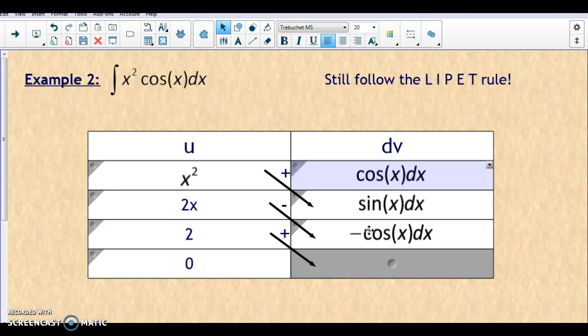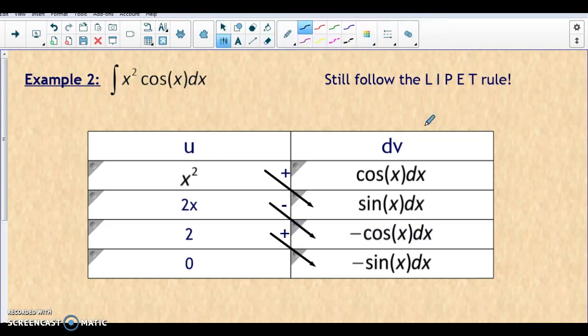And the integral of negative cosine of x is negative sine of x. And I'm noticing now that I should not have written those dx's on here. We don't need those, so just ignore those. Okay, and for our final answer, we draw these diagonal lines down to connect the first thing in the left